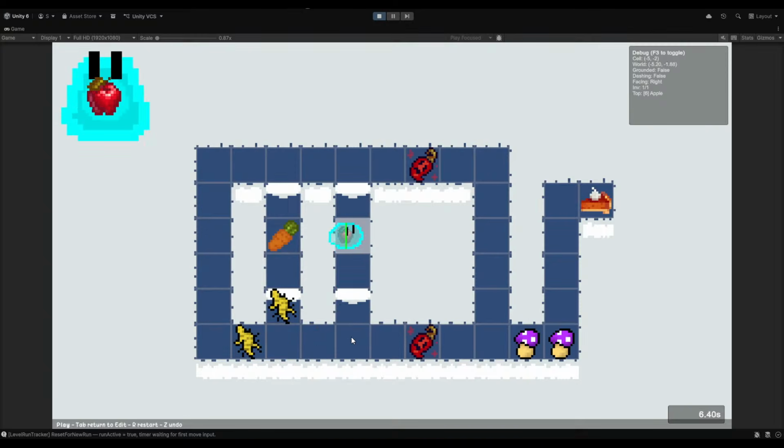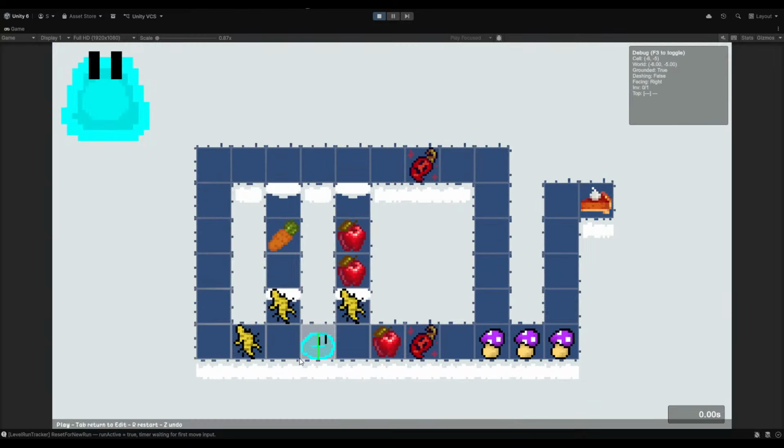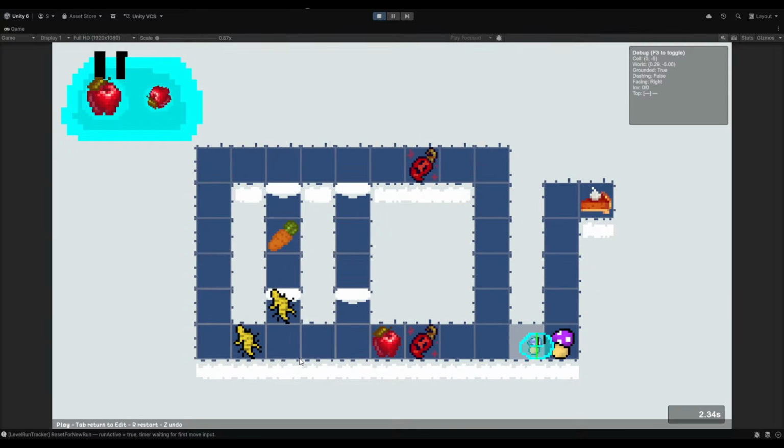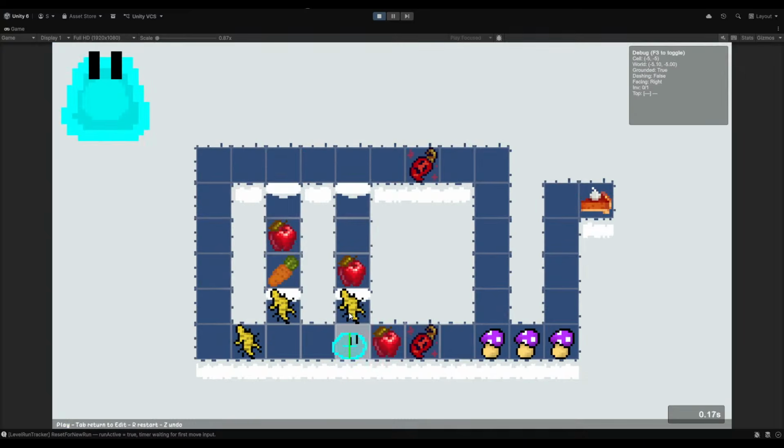I think there's no way to win right now, because we need one more apple in the map somewhere. Could probably put it somewhere there. But now it's just possible for them to do this, I think. Yeah, which is too easy. So we could put apple here.